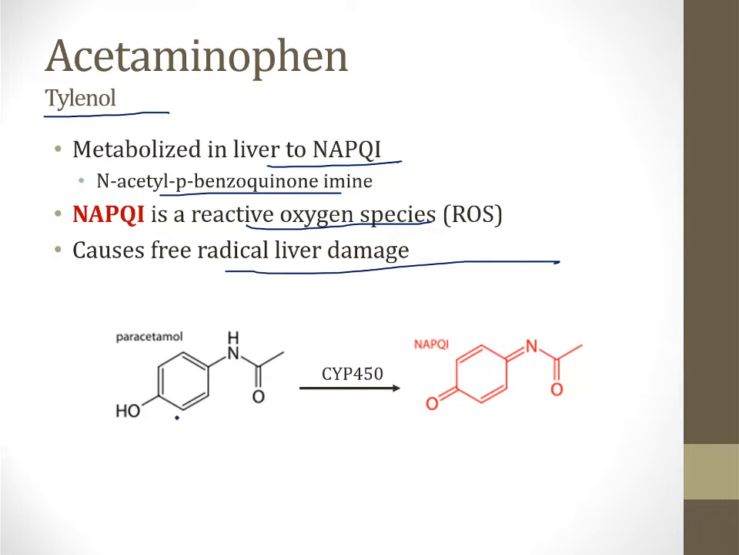This is shown at the bottom of the screen. This is the structure of acetaminophen over here. It's also called paracetamol. The P450 enzymes metabolize it into NAPQI, which is a free radical, and that can damage cells in the liver. And that's why Tylenol is toxic to the liver if you take too high of a